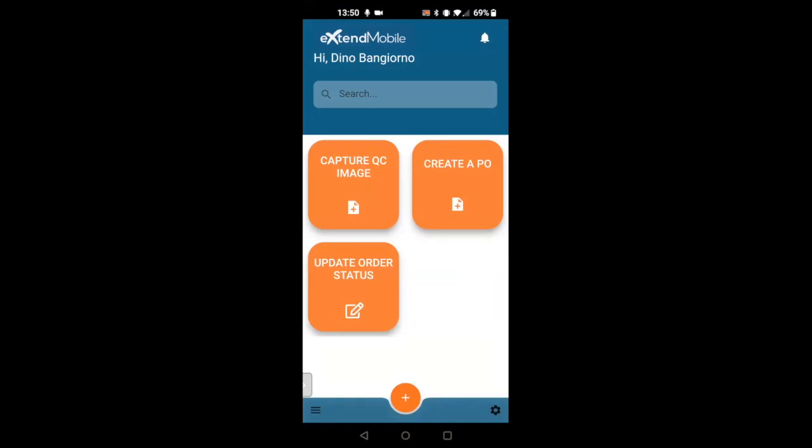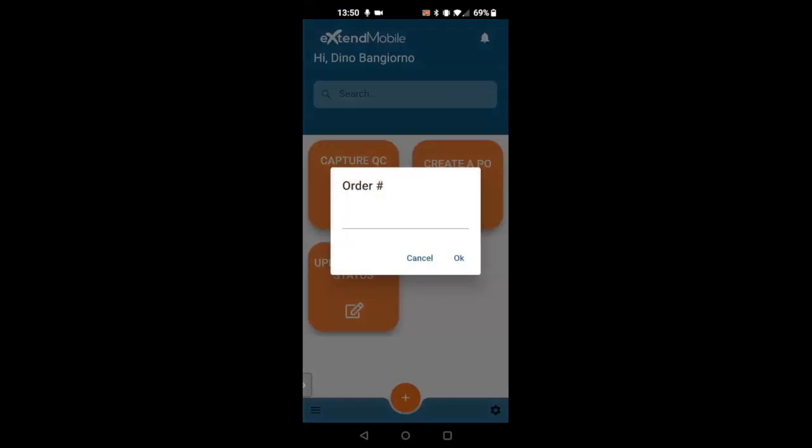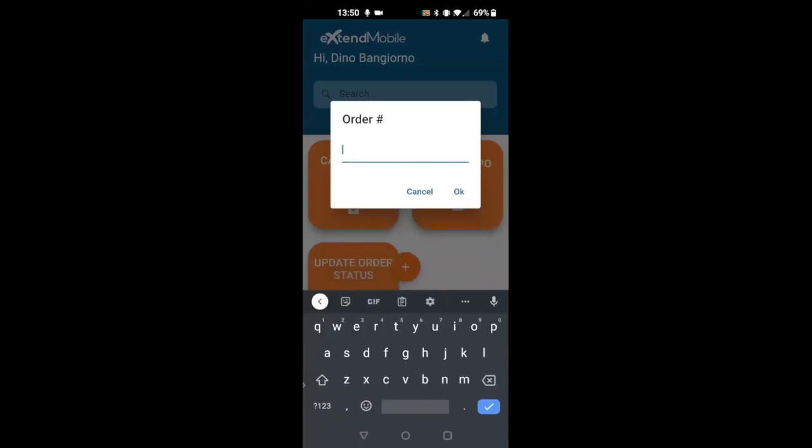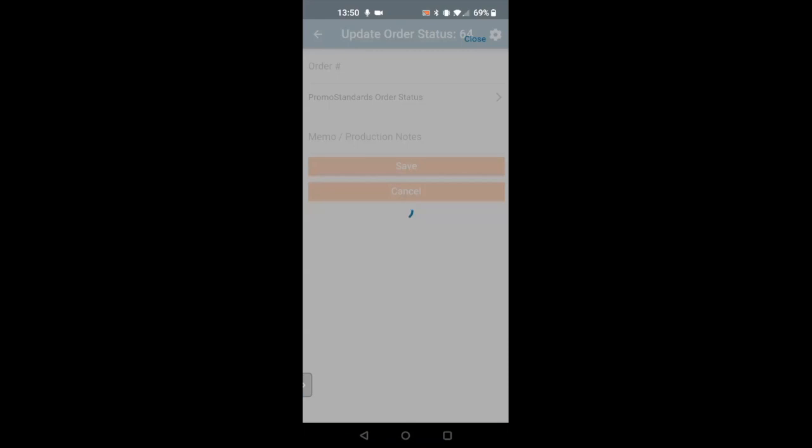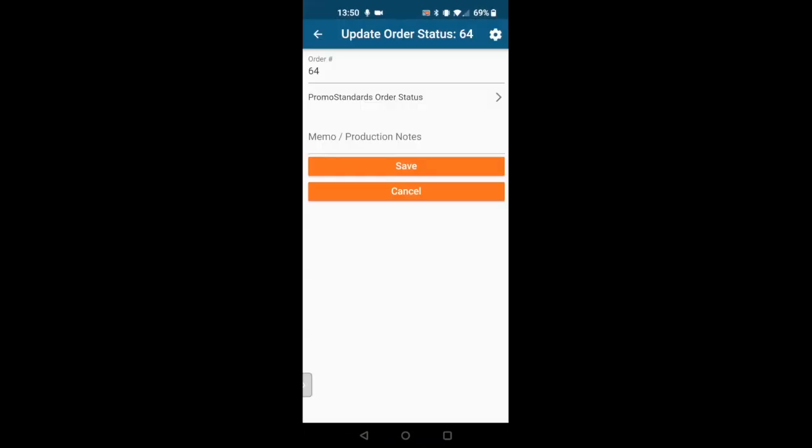update order status. If I were to jump into that update order status function, what I can do, either through user entry using the keyboard or through scanning, is call up an order number on the mobile device. Upon calling up the order, now I can update certain data points from the production floor and post these back to NetSuite. So say, for example, I'm a supplier and I need to update the order status for